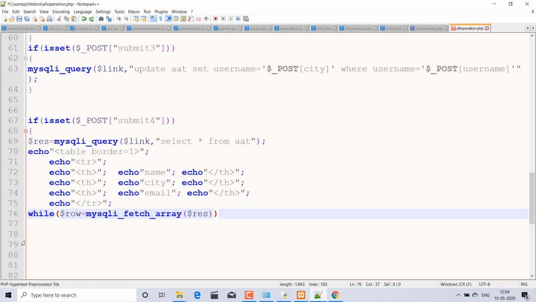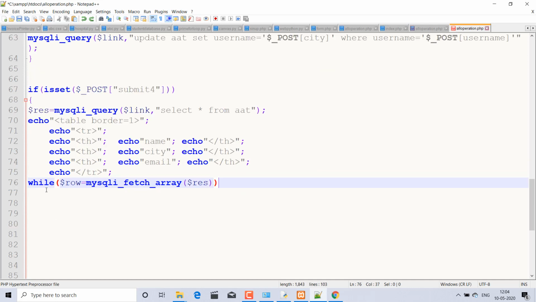And now I am running the while loop, and what will happen? The while loop will fetch all the data from the result, from this result, mysql_query link and select star from AAT.